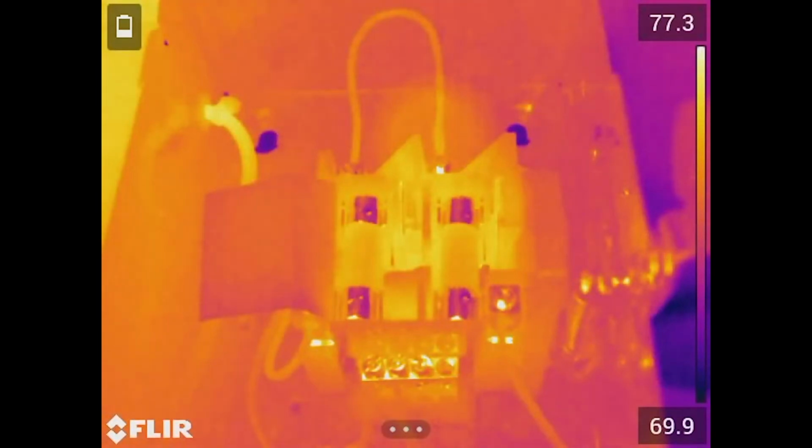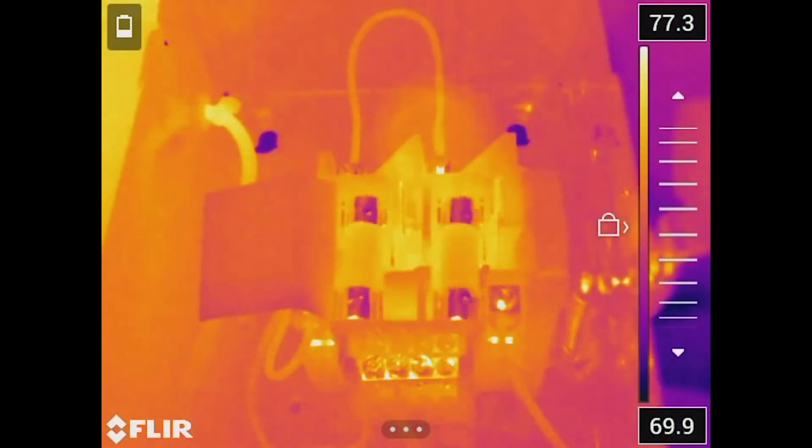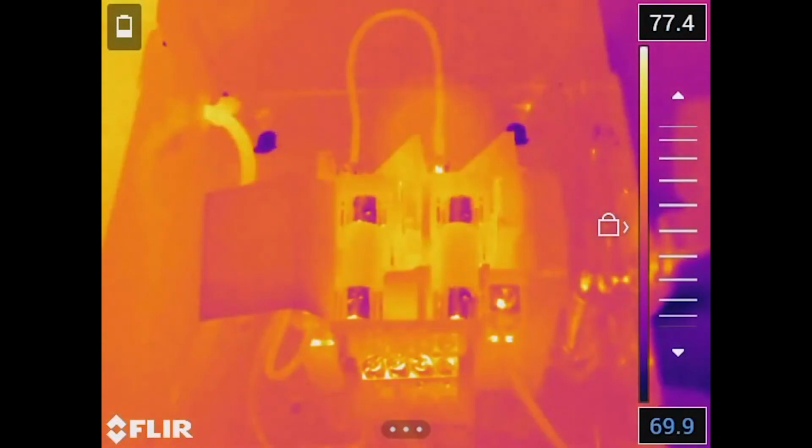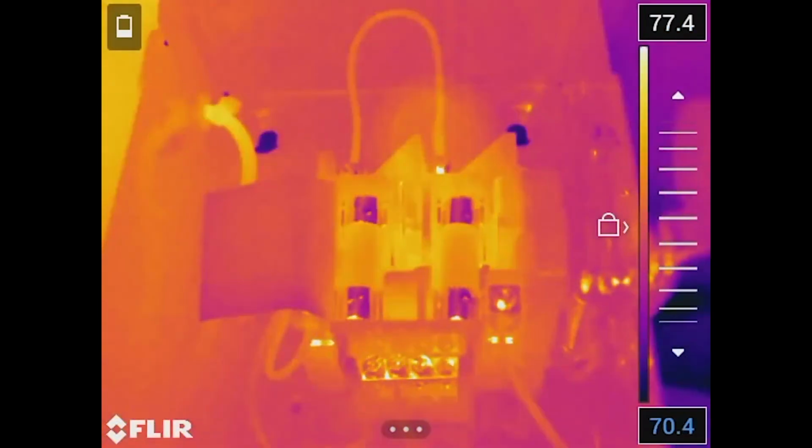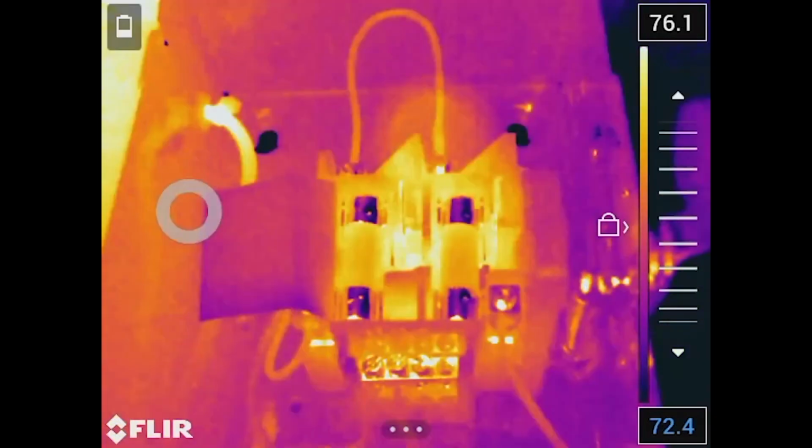Well, with one-touch level and span, I can really dial in some of the things I want to look at. So I'm going to click my button and go from auto to manual. Now, in manual mode, I could select and change the upper limit. You could see the image change the contrast and level. I can change the bottom limit and you can see that change. But again, with one-touch level and span, what's really nice is I can touch anywhere on the image and you'll see the temperatures change dramatically. You'll see the top now went to 76 to 72.4.